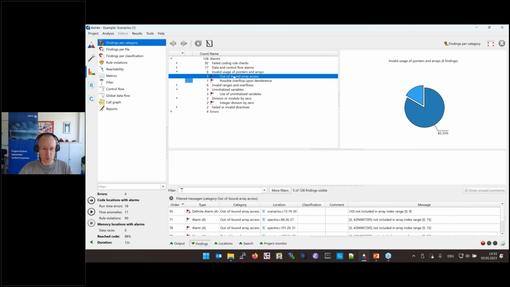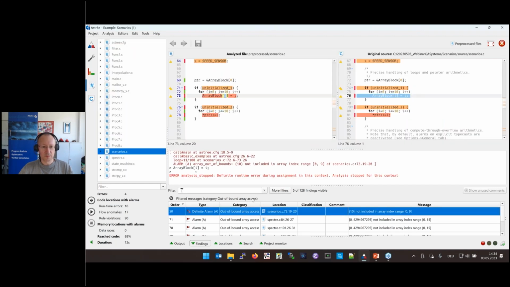So we jump here, we open the list of defects from this class. Then this table opens, which shows all issues of this class, just clicking on the first of them. Then we see the precise information about this alarm in the middle part, the pre-processed code on the left-hand side, and the original source code, possibly with macros and so on, on the right-hand side. So on the left-hand side, you would see what the macro expands to, so you can easily understand what the issue is. And on the right-hand side, you will still find your macros, so you understand your code as it was written.